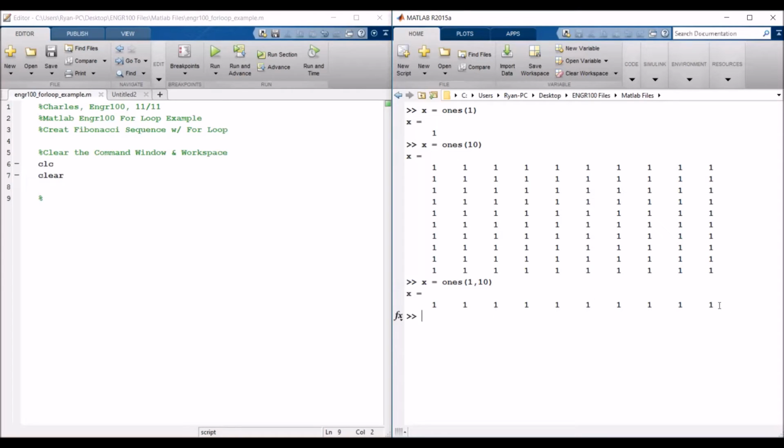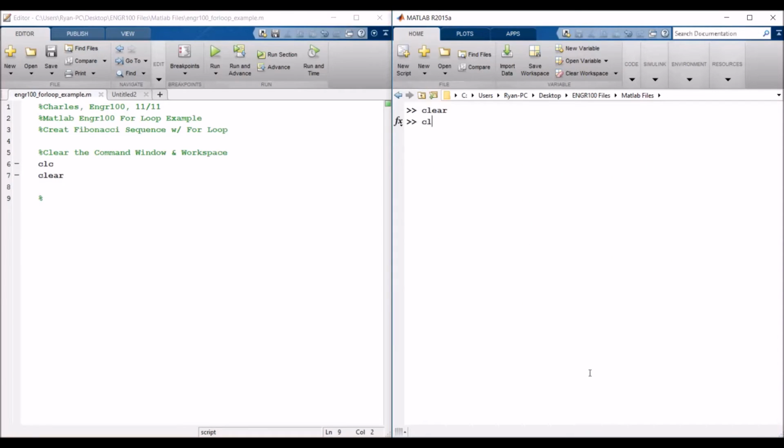And that's exactly what I get in return. So I know this is where I'm placing my ones vector. Now I go into my script, into my editor,